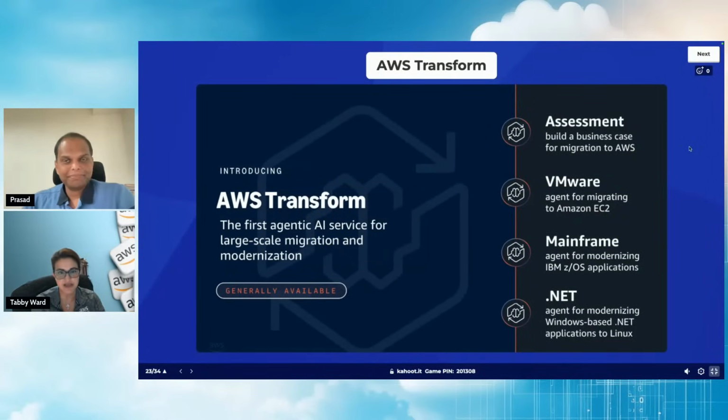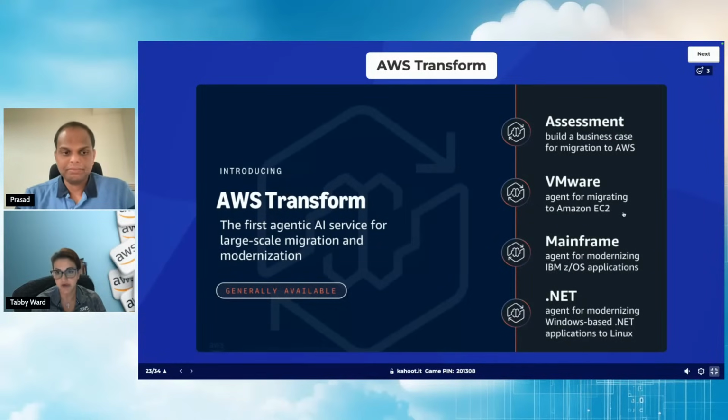So the AWS Transform, you were right. Most of you answered that correctly. It comes in different flavors. There's a .NET, there's a mainframe, but today's specific topic is AWS Transform for VMware, which is an agentic AI-based approach for VMware modernization. And we talked about it. It rehosts VMware on Amazon EC2. The beauty of it is it's using a purpose-built AI agent that automates and simplifies the end-to-end transformation, streamlining the whole migration process.